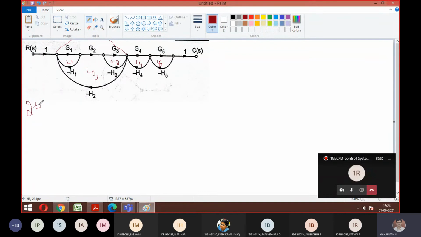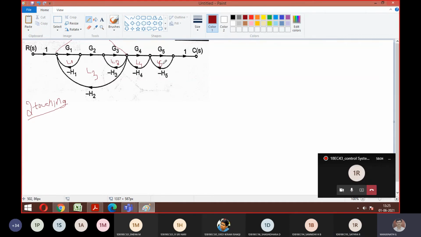So from this, tell me how many 2 non-touching loops you have. Any doubts, anyone, how we took that naming? Is it okay? Yes, sir. So 2 non-touching loops. How many do you have? With the naming I have given, L5 will be non-touching to all the other loops. For non-touching loops, you should pair them. 2 non-touching loops means you have to pair them. L4, L5. Are L4, L5 non-touching or not? Touching. L4, L5 is touching.